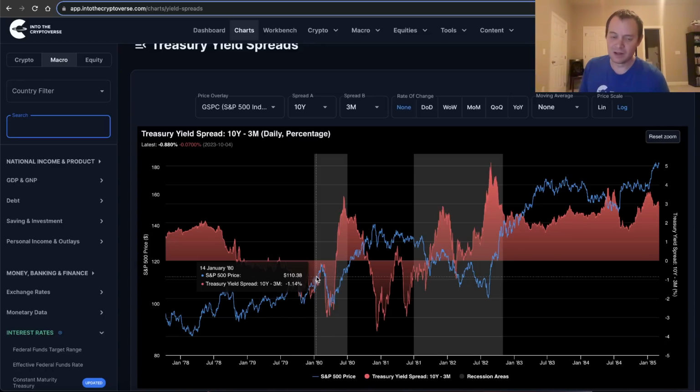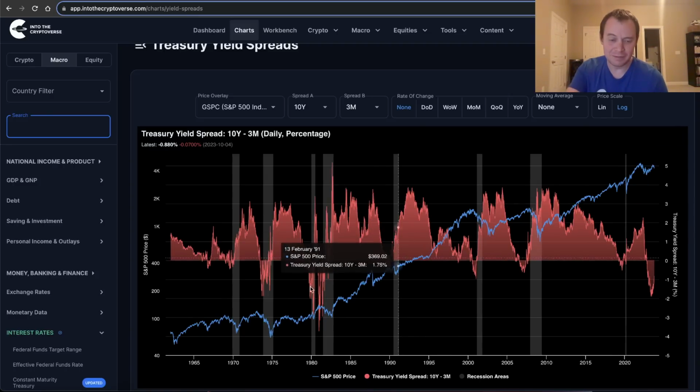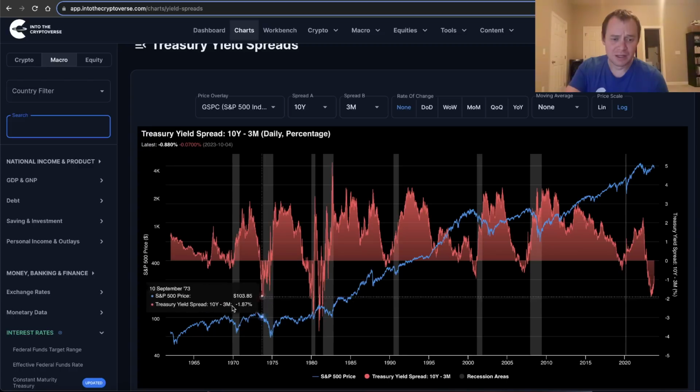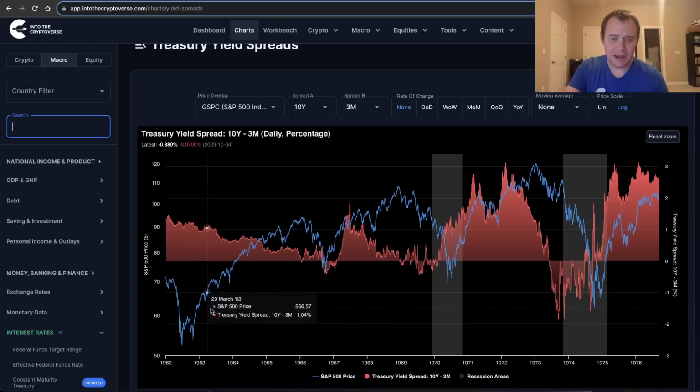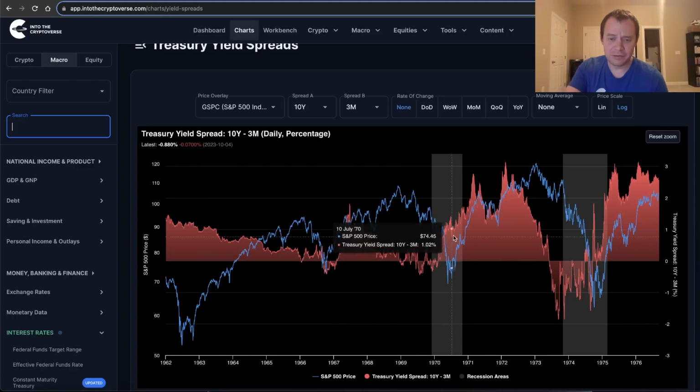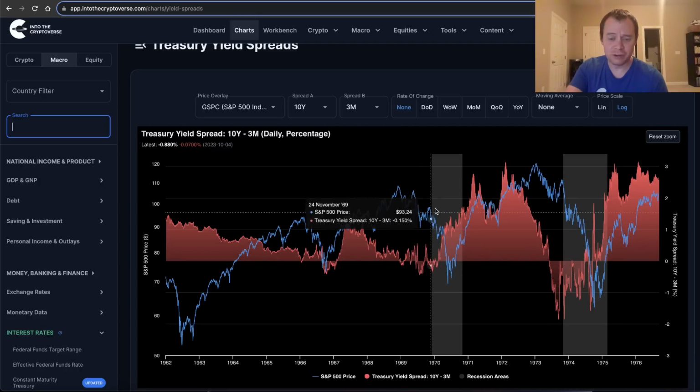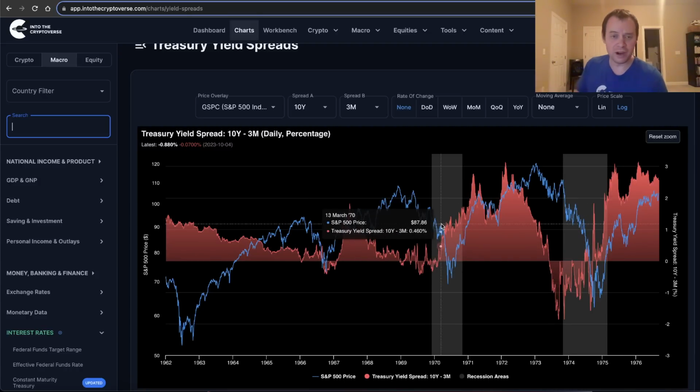And again, the reason is because Volcker came in and said, all right, we've got to do what we've got to do to squash inflation. And basically, they induced two recessions back to back to kill off inflation, or at least high inflation, once and for all, after we had just spent a decade dealing with it. Okay. So the 1970s, right? You can see inverted yield curve, recession, inverted yield curve, recession, both of which the recession occurred before the uninversion of the yield curve.